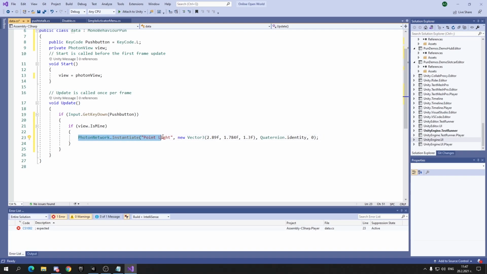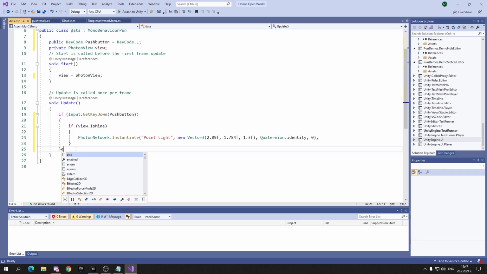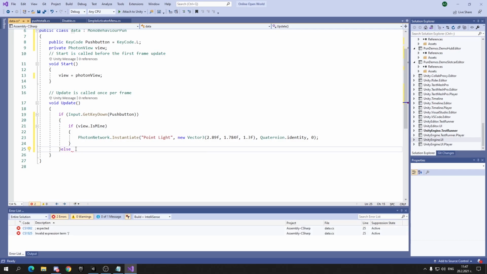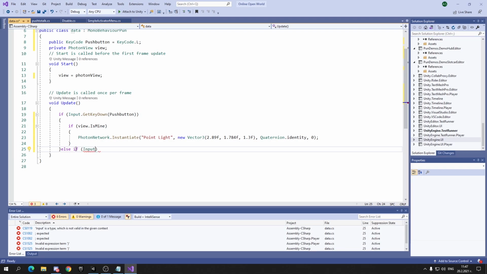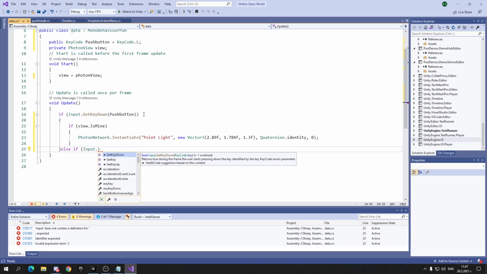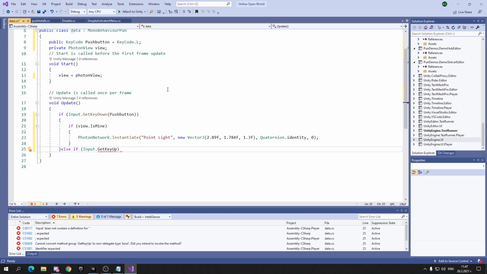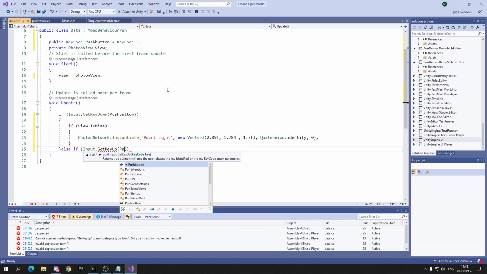Now we can instantiate it, but what if we want to destroy it? Well, it's the same way. It's just, instead of PhotonNetwork.Instantiate, it's PhotonNetwork.Destroy. But in my case, I need to get the light so that I can destroy it. That's why I created the tag light. So if I get the key up, pushButton,